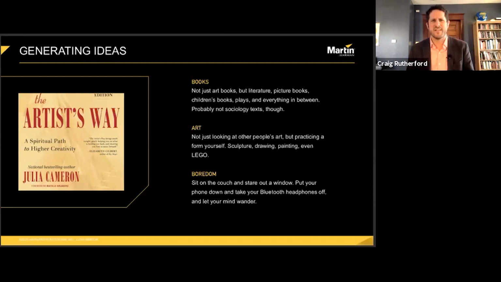That's another obvious one I think most people are probably conscious of on some level, but it bears repeating here. A trip to an art museum can be a terrifically mind-opening experience. And not only looking at other people's art, but practicing a form yourself, be that writing or drawing or clay sculpture or freeform building with Lego, can be stimulating in some of the best ways possible. Books like The Artist's Way by Julia Cameron can be helpful in giving the readers some exercises to do on a daily basis to help express yourself creatively.